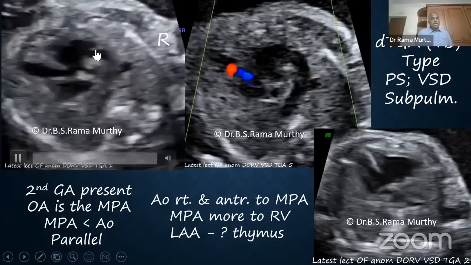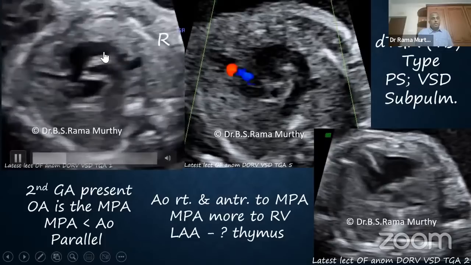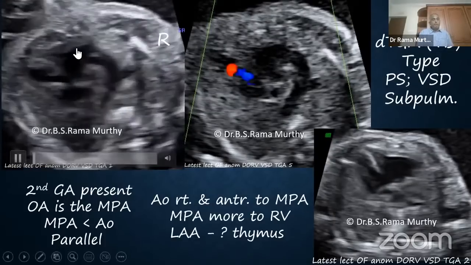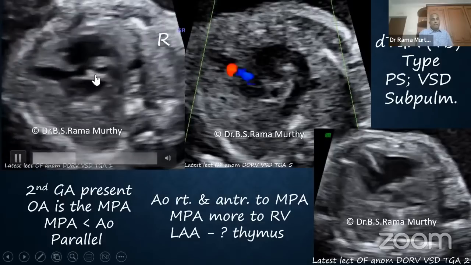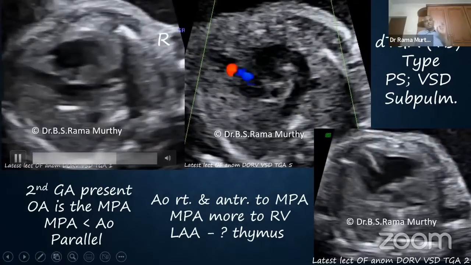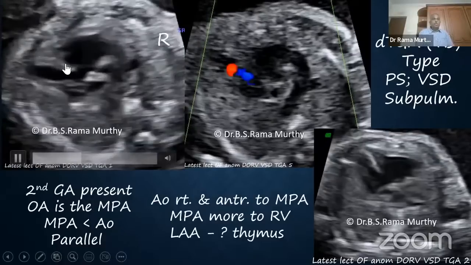It is not only anterior, the aorta is also to the right of the pulmonary artery. You see a big malaligned VSD here, and I want you to notice the fact that the VSD is under the pulmonary artery. The pulmonary artery is narrow here, the pulmonary stenosis, and this situation is a DTGA type of DORV. Why DTGA? Because instead of crossover, you have parallelism of the great arteries at their origin.